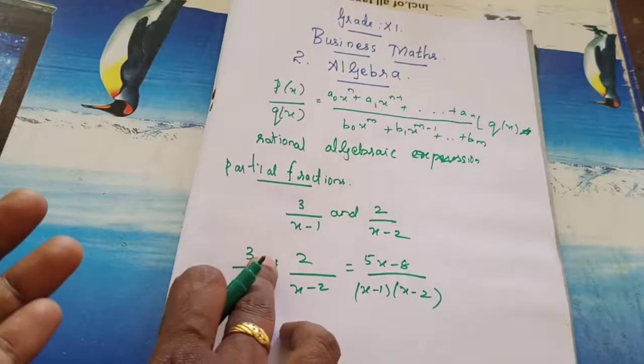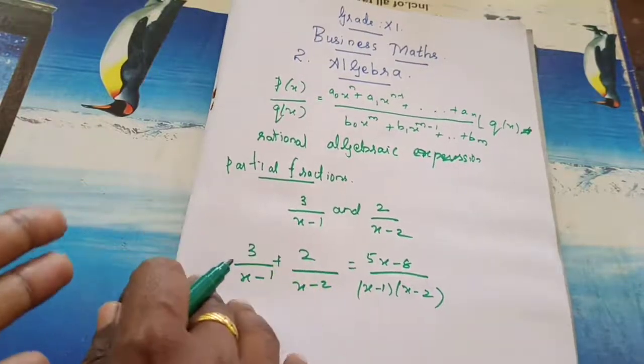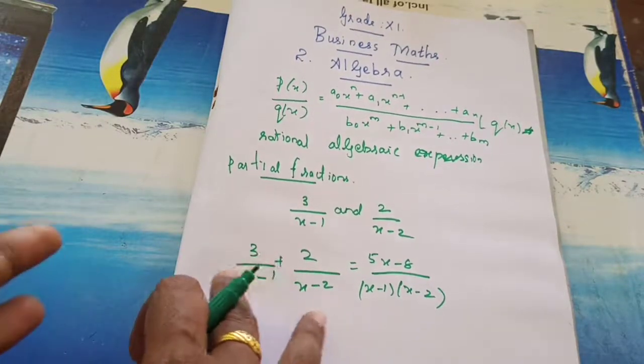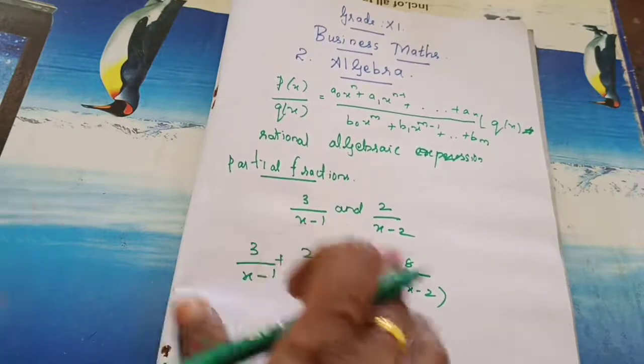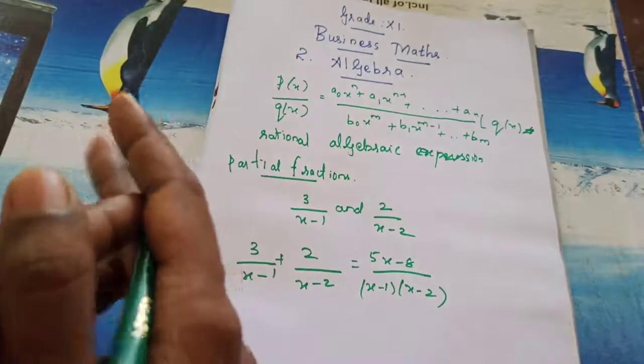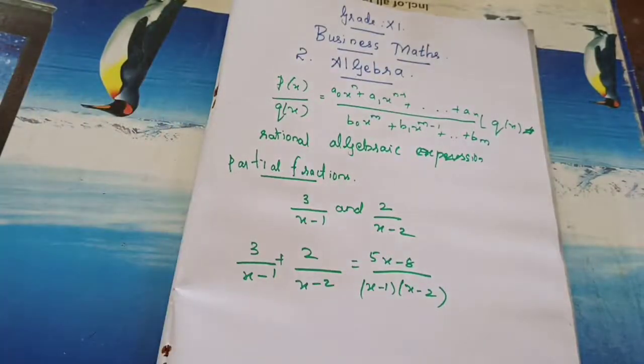Okay, here is a sum, so by the sum or the difference we will split it. So this is partial fraction. When you are doing the problem, you will understand what you mean by partial fraction. The definition is in your book. Go through it: the process of writing a rational expression as a sum or difference of two or more simple rational expressions is called splitting up into partial fractions.